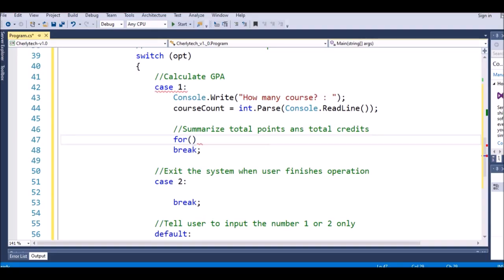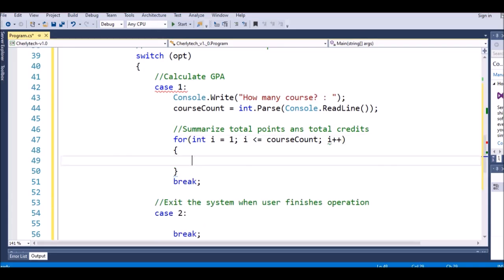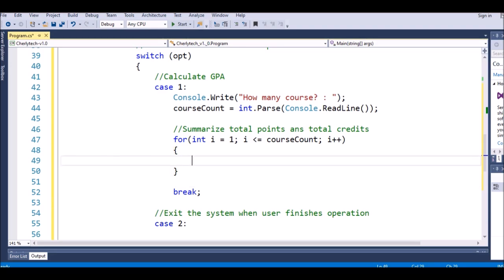So I have int i equals 1, and then i must be less than or equal to courseCount, and i plus plus, like this. And inside here